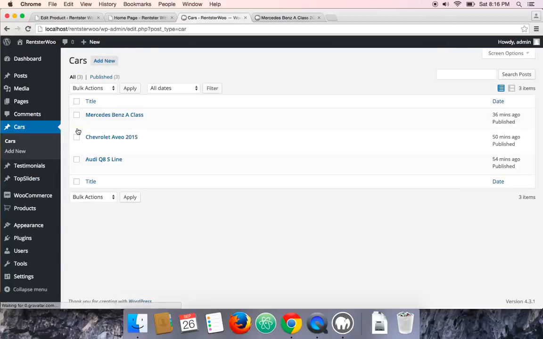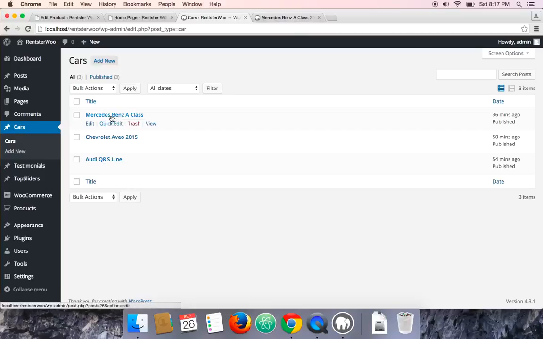So for that, go to cars, and in the demo we created these three different car posts. So we'll have to create a particular WooCommerce product for all these different car posts, and then go to each one of them individually and paste the WooCommerce product URL in those car posts.